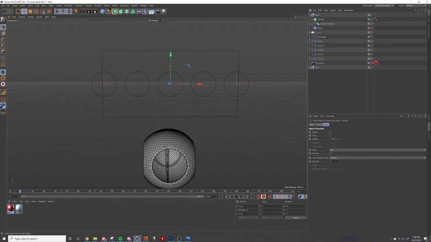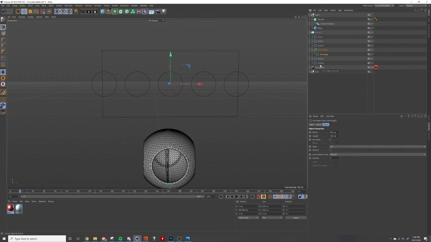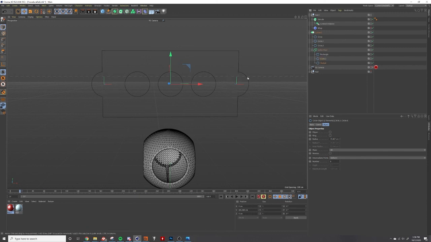So here we're going to use a very nifty tool that Cinema has called, let's find it first, the spline mask. This is going to let you do really clean booleans at the spline level. So we're going to take our spline mask, throw it in our connect, because once everything's connected, it's very easy to use. Grab our rectangle, and then grab our 2 spheres, drop those in there, and now we have